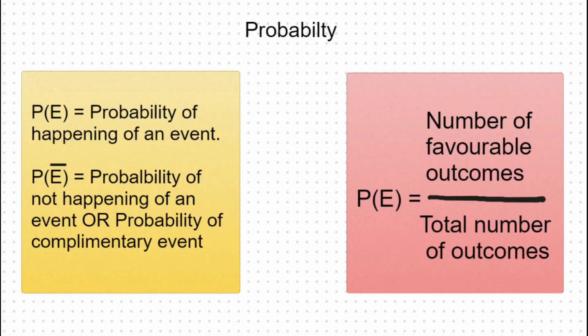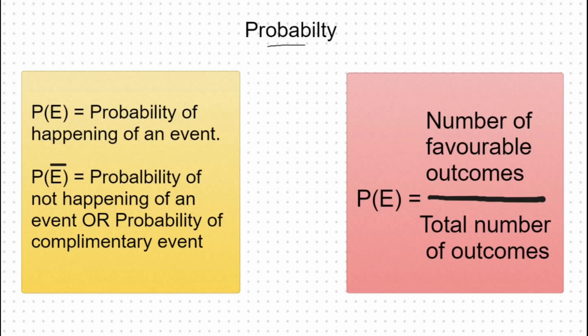Now let us begin with the topic of probability. What could be the meaning of the word probability? The extent to which an event may occur. That means either 50% or 30%. That means probability of happening or not happening of an event will be in form of a fraction. So the extent to which an event may occur or not occur is known as probability of an event.